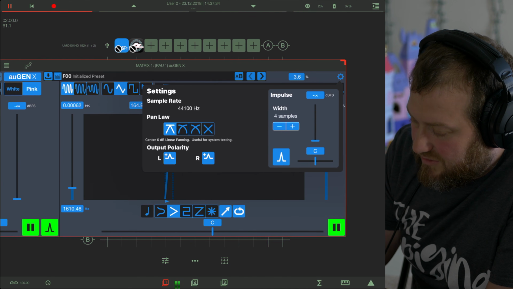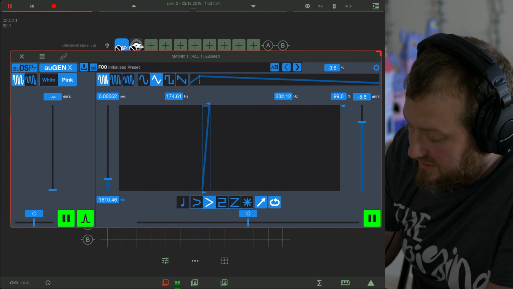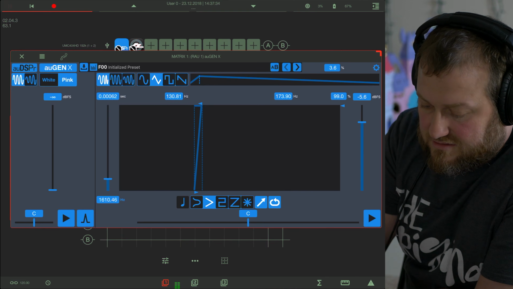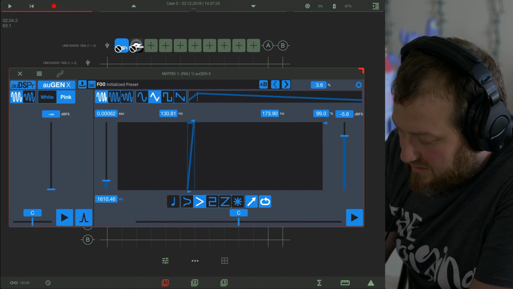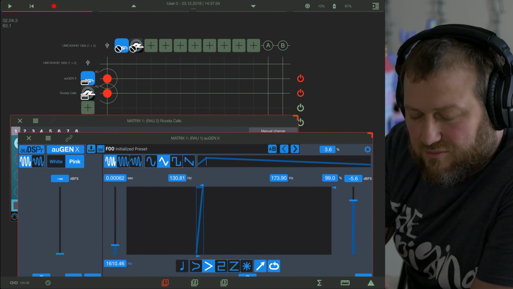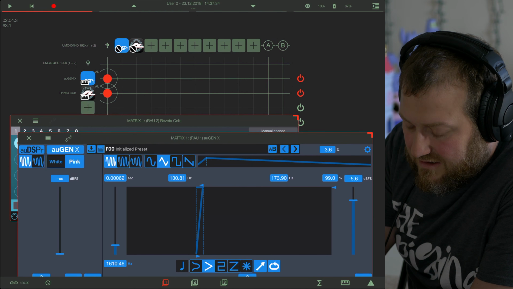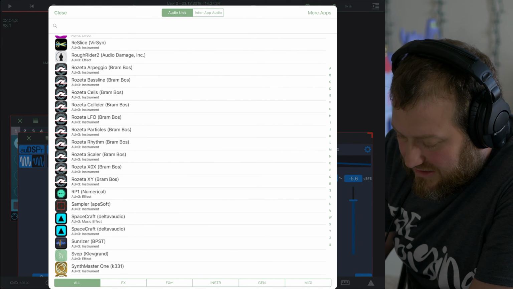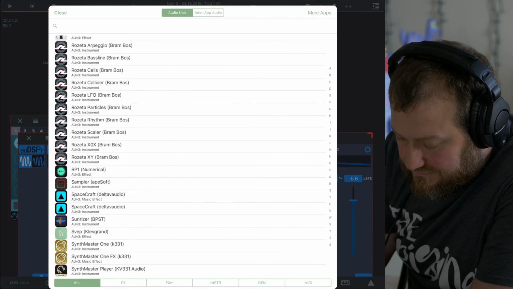We can turn down this little impulse width thing going on here. Alright, so let's stop that for a second. Okay, so we got almost like a little lead or a little bass line going on there. And so now I want to add in